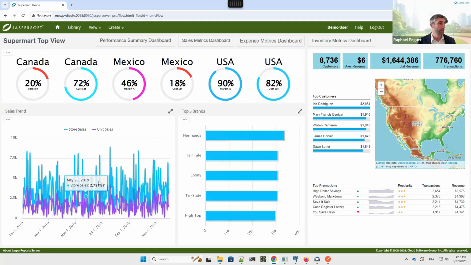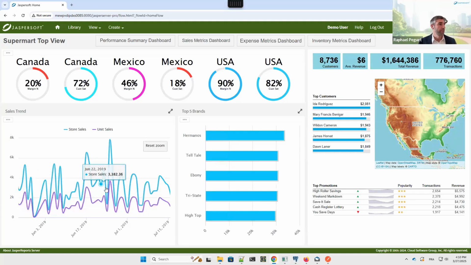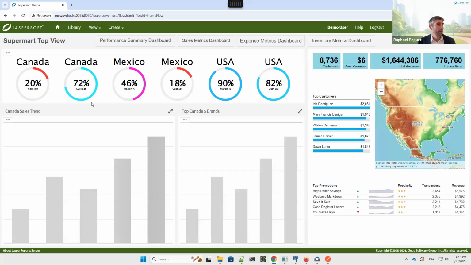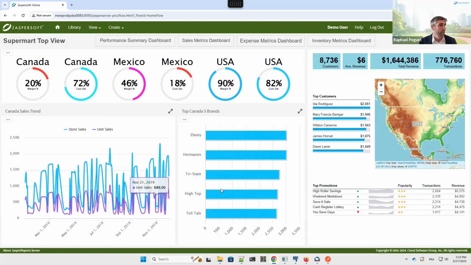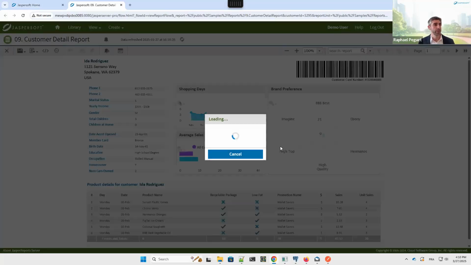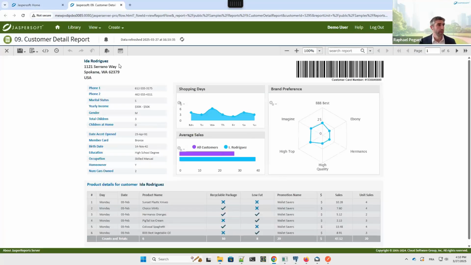And you can see dashboards come with interactive charts, with capabilities to drill into the data. I can look into the Canada data and look into sales and top 5 brands for my customers here. I've added even more KPIs on the right with my top customers, and I can actually drill into these top customers, which brings me to a customer report with my customer Ida Rodriguez that I've just selected. And from here I can